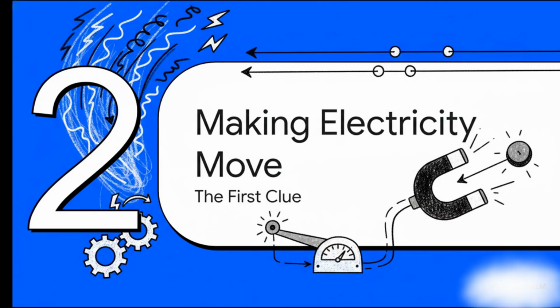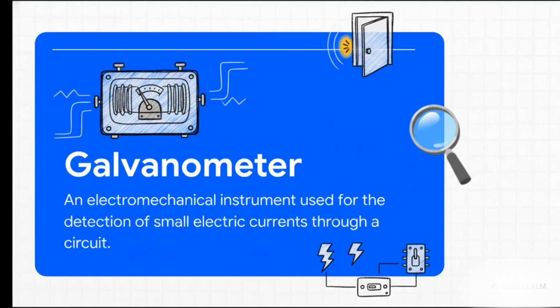Okay, so we've got our language down, but how do we get the invisible world of electricity to actually speak it? Well, the first huge breakthrough is figuring out how to make an electric current cause physical movement. And the hero of this chapter is the galvanometer. It's a simple, really elegant device with just one job: to detect the presence of even a tiny little electric current. It wasn't about measuring how much current just yet. It was just about proving it was there at all. This was the very first knock on the door of the invisible world.